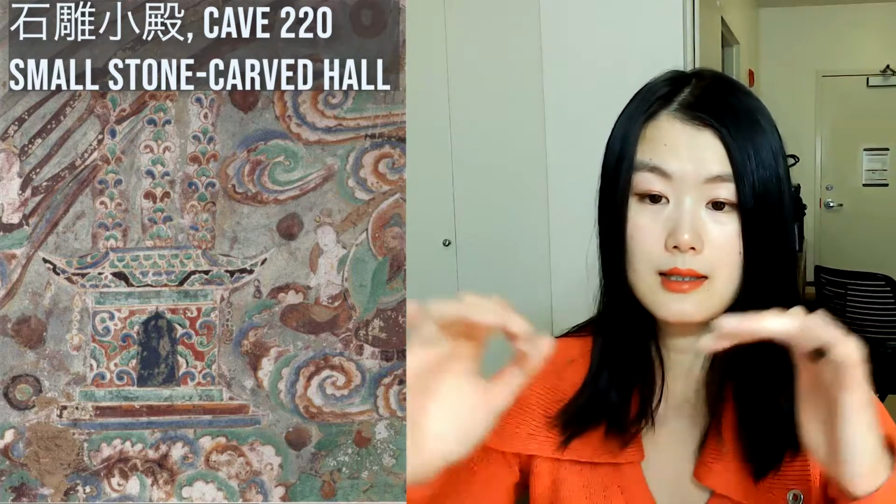This is a 石雕小店, or small stone-carved hall, from Cave 220. Notably, it is the only one of its kind within all of the murals in Dunhuang. It's filled with some really cool patterns, has a hip roof that does not have zhiwei, which, if you recall from my previous videos, are ornamental beast tails at the end of the ridge poles topping a roof. This is an example of 二层楼, or two-floor tower.